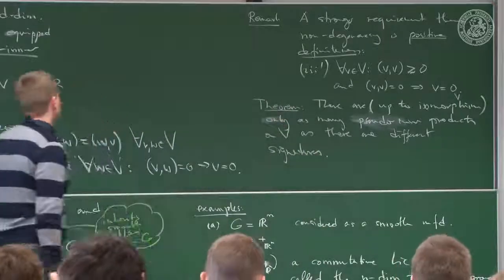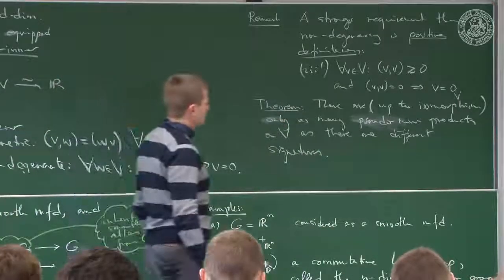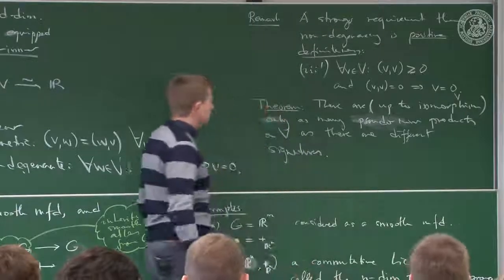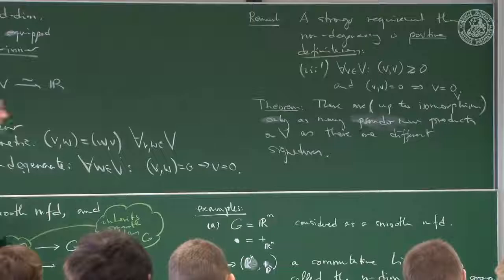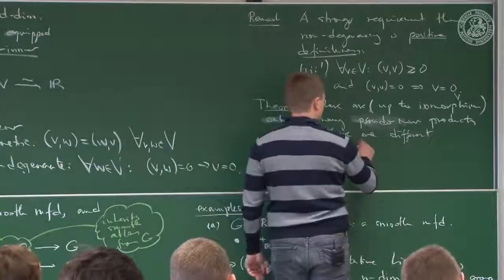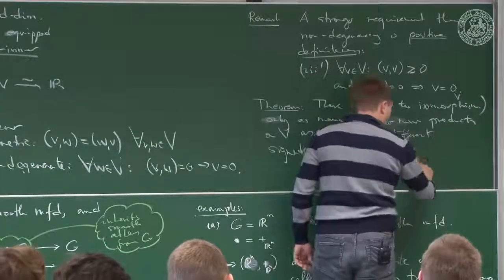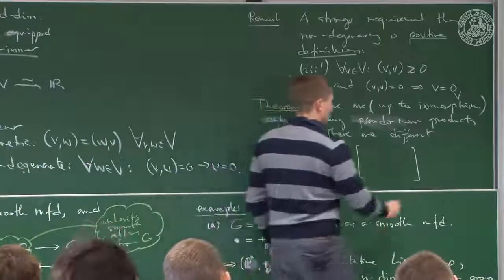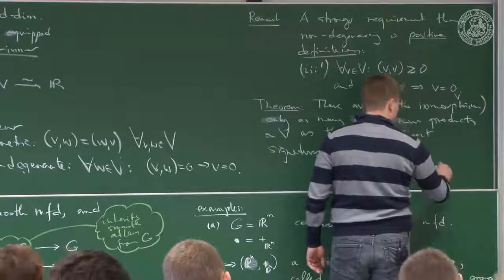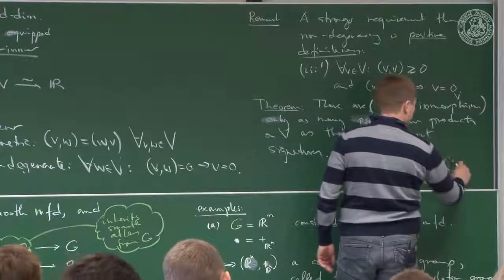What is a signature? Well, that is the Sylvester classification of symmetric bilinear maps. It tells you that you can always bring the matrix defining the inner product